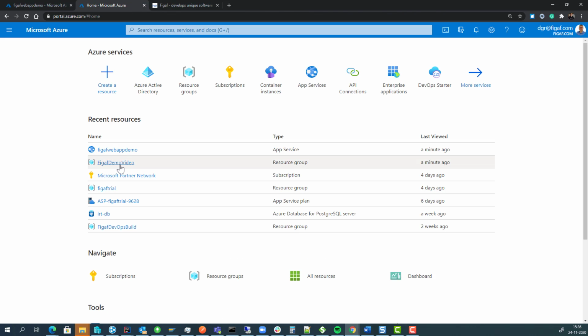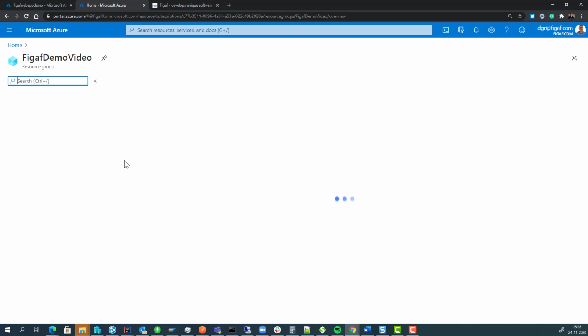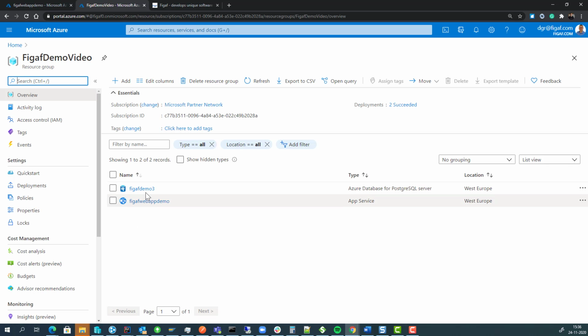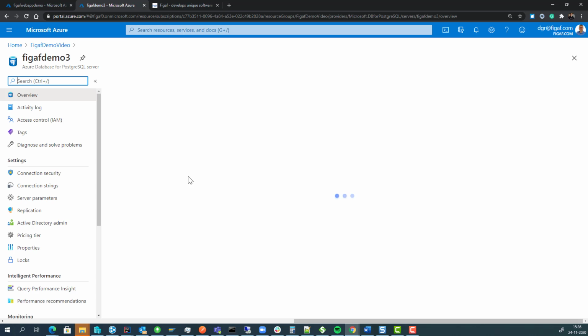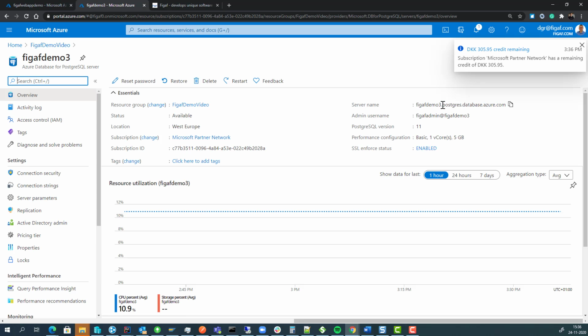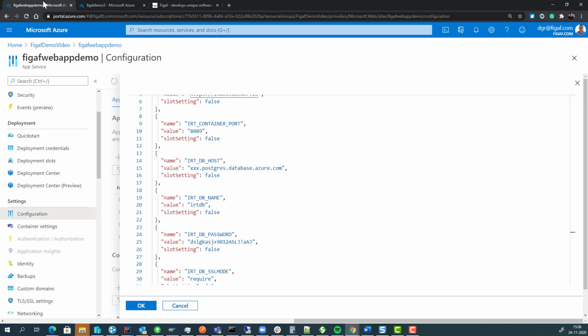resource group, the SQL database has been created. So now we can see the database has been created. It's called demo3, and we will go here. ERT database host is then this,